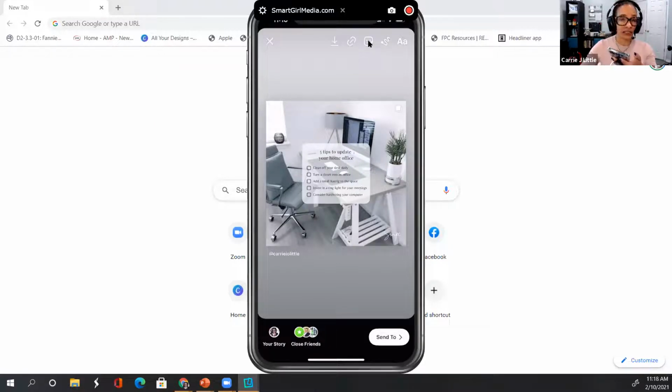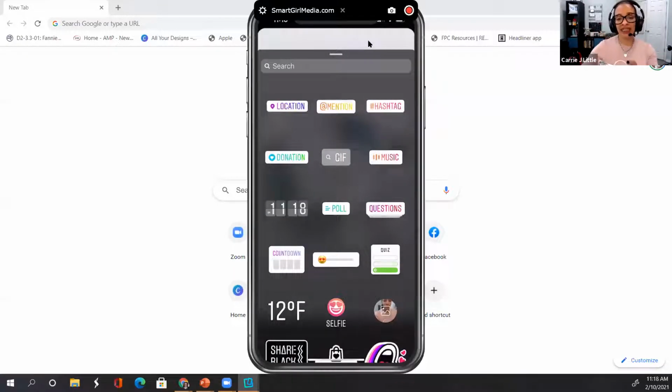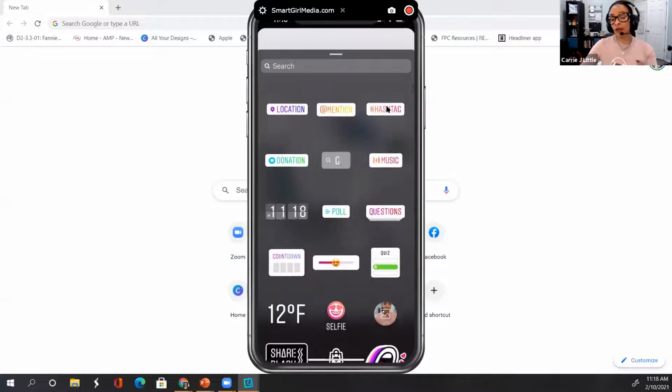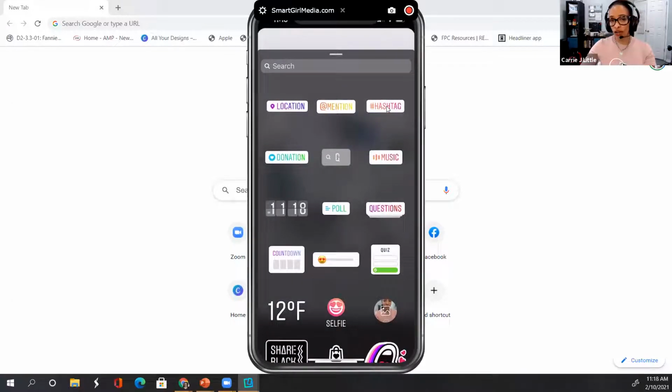The icon that looks like a sticker gives me the ability to add a location. I can tag the company and I can use a hashtag. And you can ask a question. So on Sunday during the football game, I posted on Facebook and Instagram, who knows football better, Mark or Carrie? I put a picture of Mark and me here, and there's a spot where you can take a poll, and I put Mark or Carrie. So there's ways to get people to engage with you.